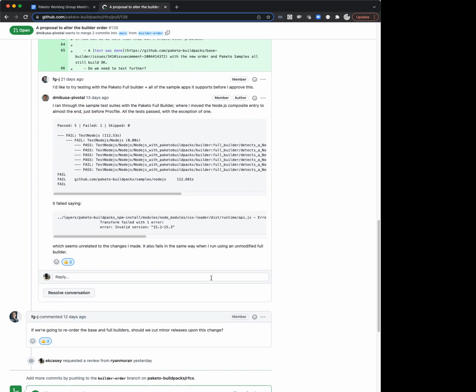Yeah, last week we had one more that was to check with the Spring team, because there were some specific things that we were doing with a particular tag on the builder to support one of the older versions of Spring Boot. And I did follow up on that, and everything should be okay. So if we cut a minor release, it shouldn't impact them. So I think we're all set. Cool.